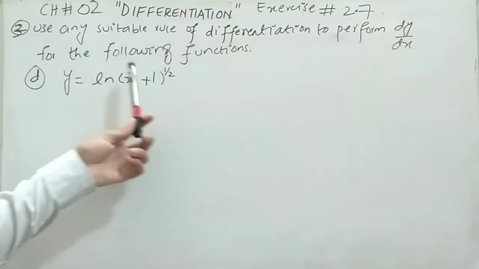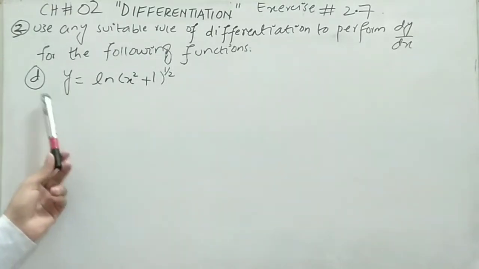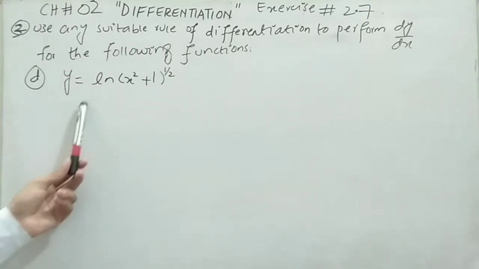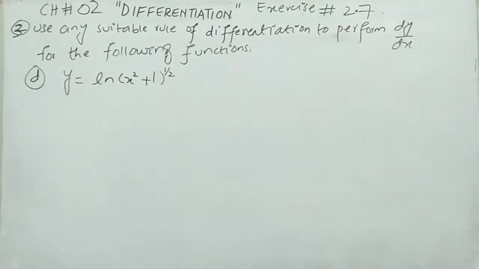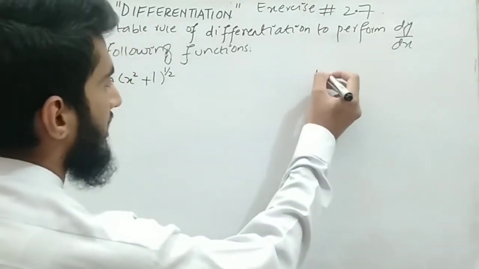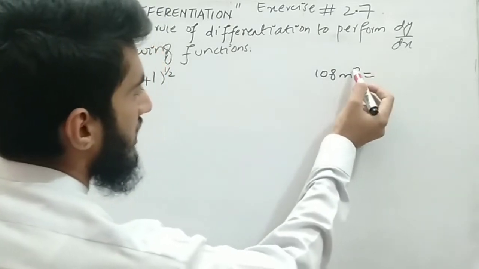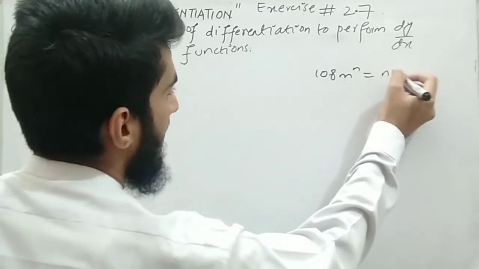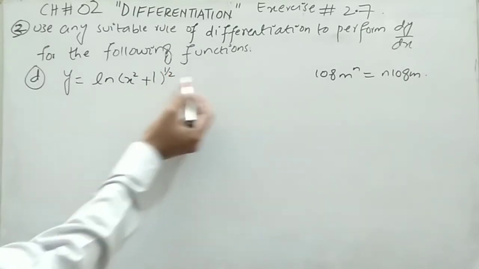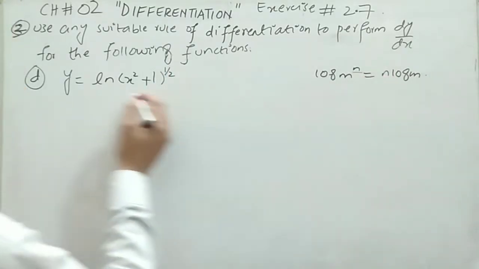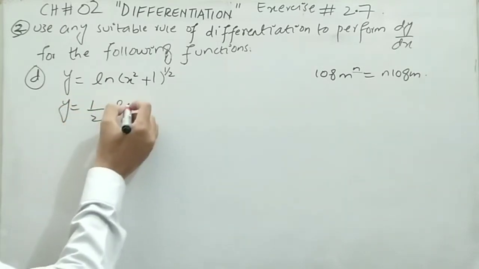It tells us to use any suitable rule of differentiation to find dy by dx for the following functions. First, part D: y is equal to ln of (x square plus 1) power 1 over 2. You know that we have a formula for the log, that log of m power n will always be equal to n log of m, the power comes to the front. Using the same formula, this 1 over 2 is the power just like n. This will come to the front of ln, so it becomes y is equal to 1 over 2 ln of